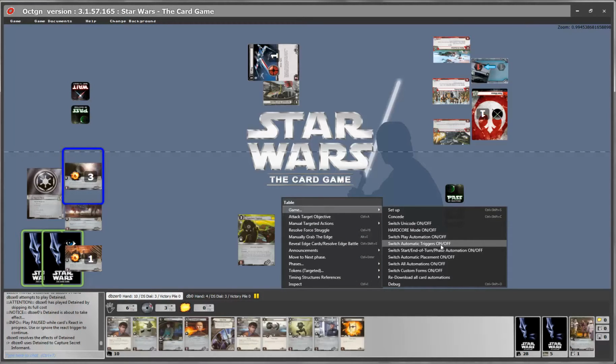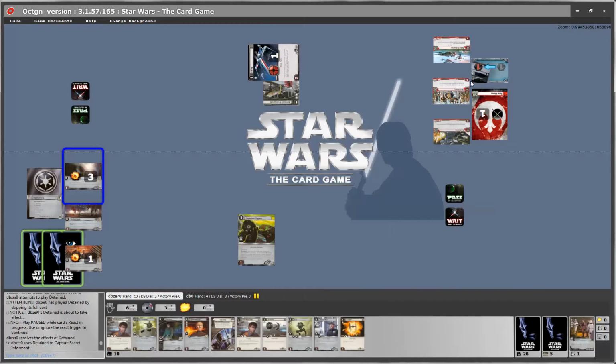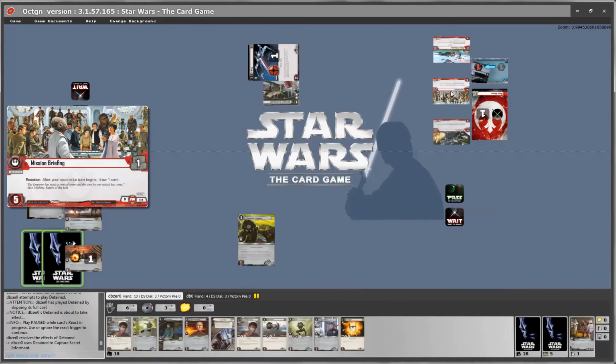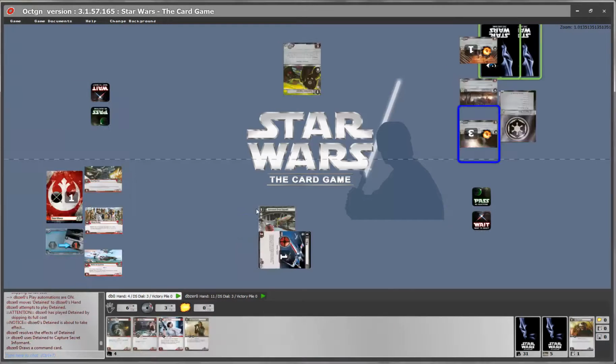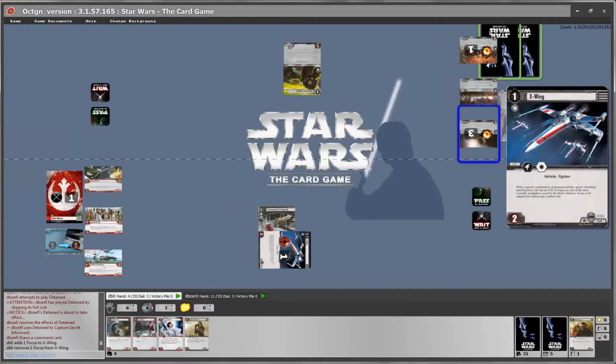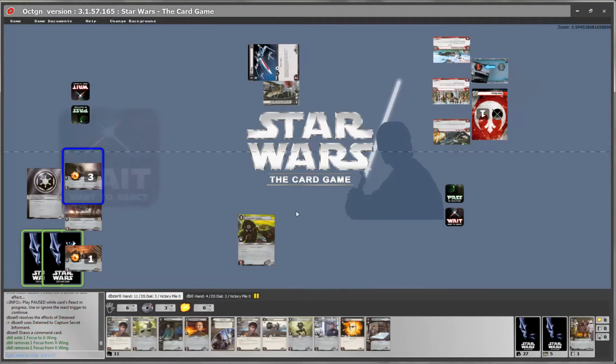Automatic triggers is very similar to hardcore mode, only it completely disables the effects, which means that you have to do them manually. Your cards will never trigger, and it's not that they will just hide the triggers, it won't trigger at all. So if you use the automatic triggers off, then you will always have to remember to draw a card manually by double-clicking your deck, or remove a focus token by targeting, mousing over a card, pressing Alt-Shift-F, etc.